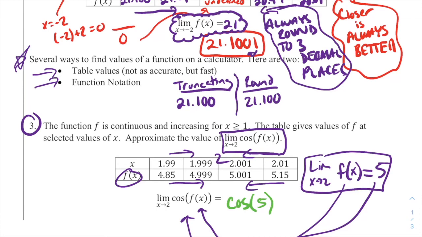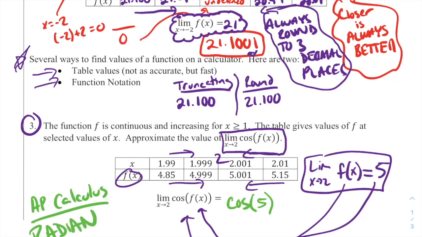And so in this case, I'm going to use my calculator to do that. And one more calculator tip for today is that in AP Calculus and on the AP Calculus exam, your calculator should always be in radian mode. And you can check that by hitting the mode button on your calculator. You should be able to check to see what mode your calculator is in. It's right next to the second button, radian mode. And so if we do that on our calculators, we should see that this is equal to